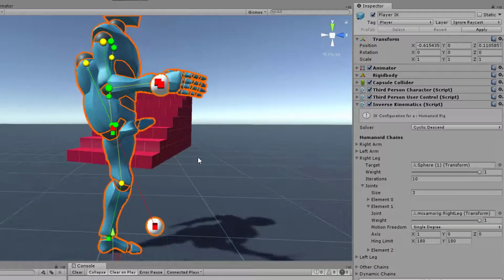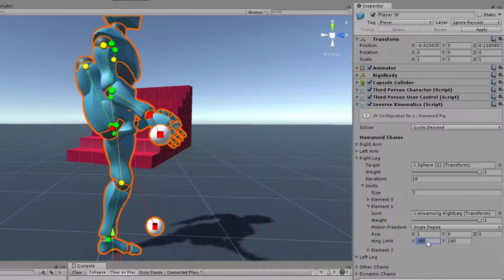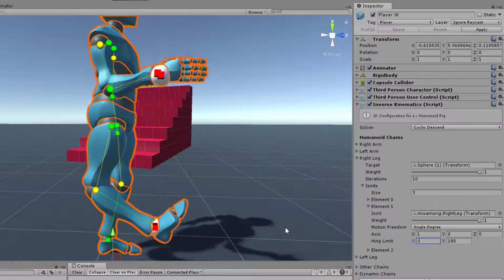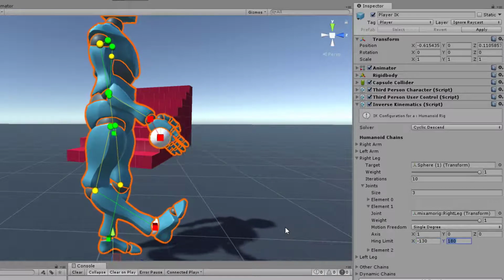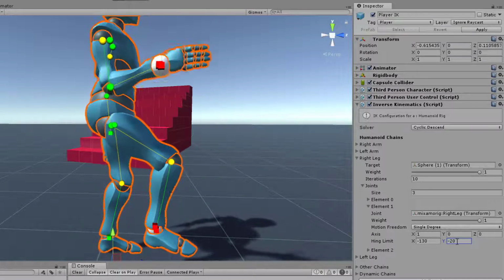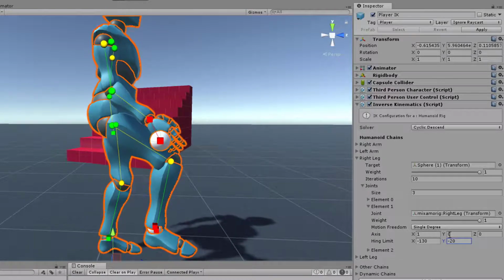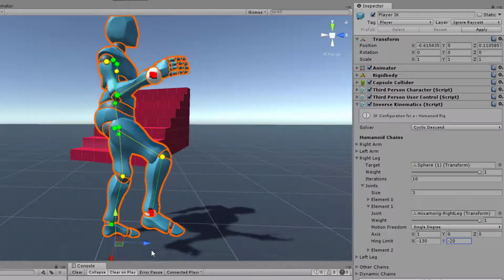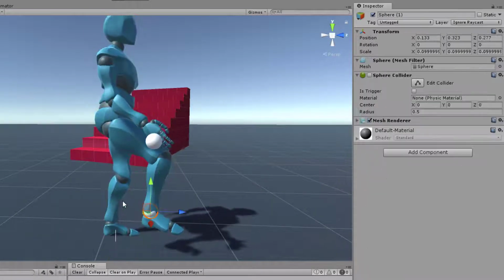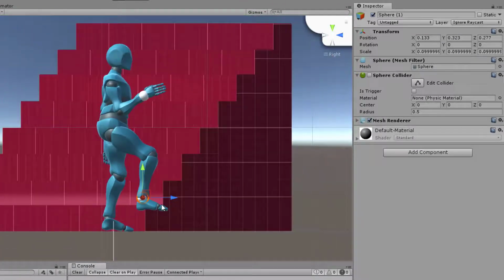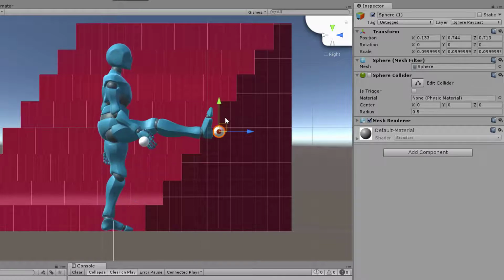Now I know by experimenting that this joint must give a minimum rotation of minus 130 degrees and minus 20, which are arbitrary numbers that I got just from experimenting and trying out. And right now, as you can see, the leg is now constrained. If I move the sphere, let's go to the side view. If I move the sphere, it does not